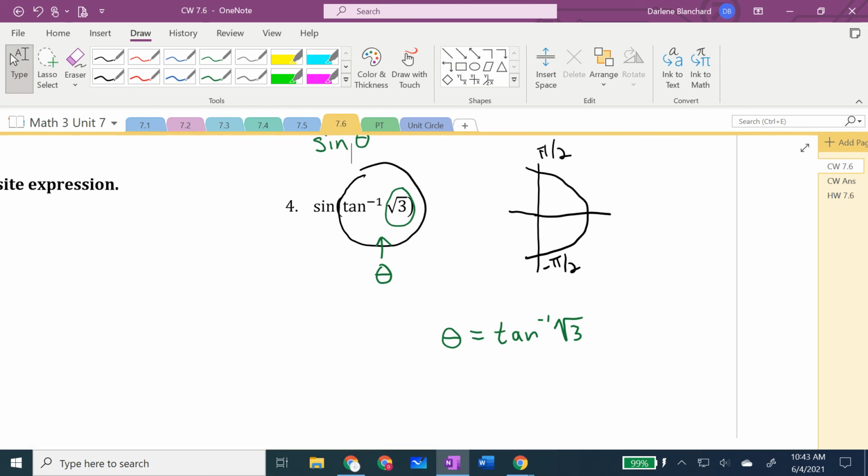And if you need to, maybe you need to rewrite it. This means the same thing as tangent theta being equal to root 3. And if you're remembering tangent theta as sine over cosine,